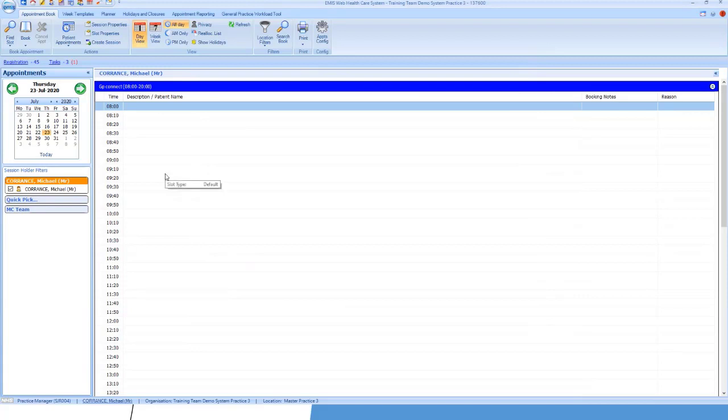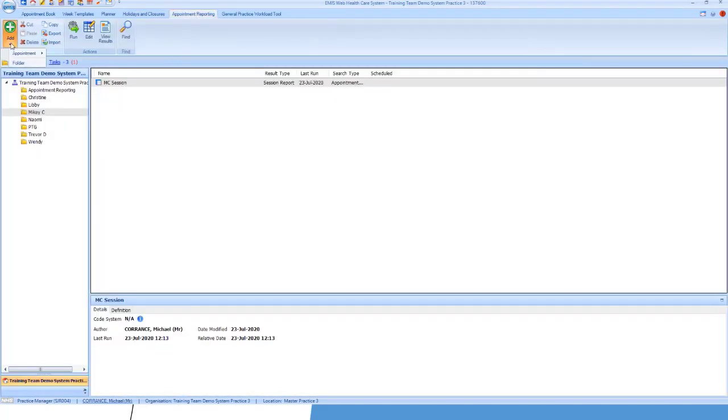The second thing slot types allow you to do, as I mentioned, is to create some really powerful reports to give you a better idea of how many appointments are being utilized. Again, with our appointment reporting tool at the top of the screen here, I mentioned before we had two types of search. We had the slot report and the session report. In this instance, if I go for slot report,